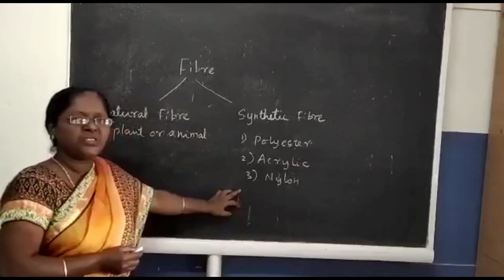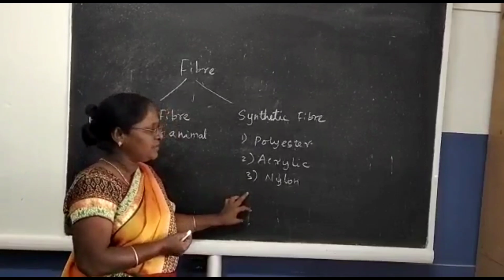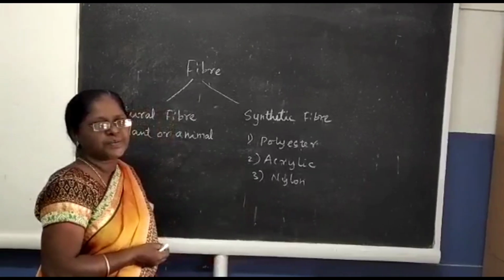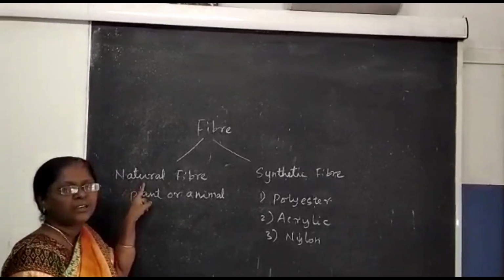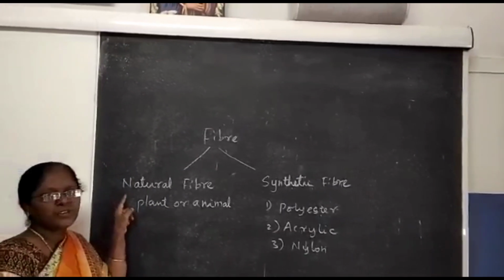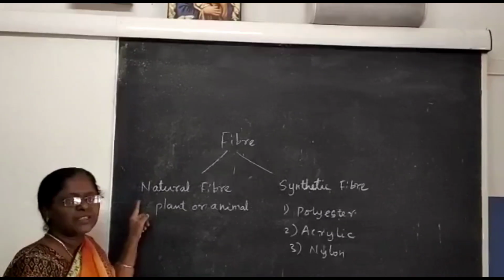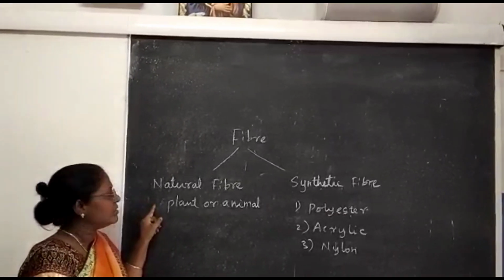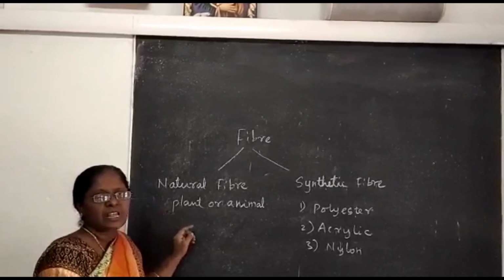Humans used natural plant fiber for shelter and animal fur for clothing and protection from the weather. Natural fibers are spun into filament, thread and rope. There are three main sources of natural fibers. One is animal, for example wool and silk. The second one is plant: cotton, jute, flax. These are all examples. And the third one is minerals, for example glass fiber.